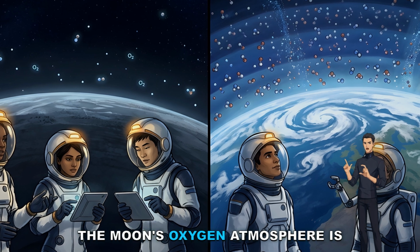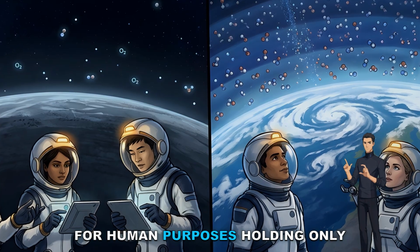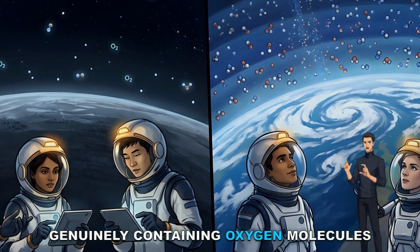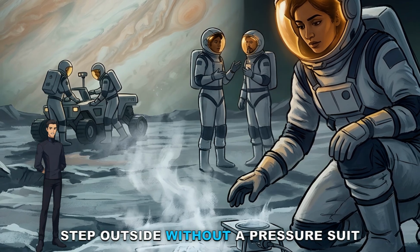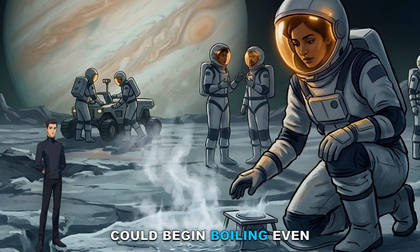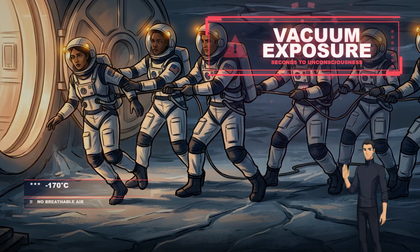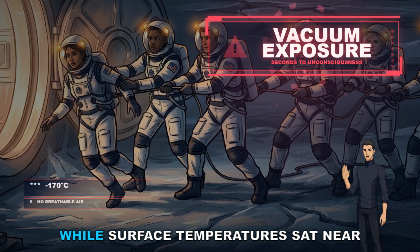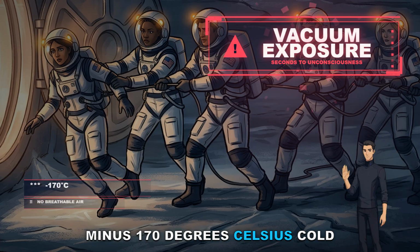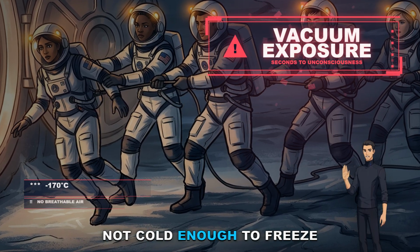The moon's oxygen atmosphere is so thin it counts as a vacuum for human purposes, holding only a sliver of Earth's pressure despite genuinely containing oxygen molecules. Step outside without a pressure suit, and body fluids exposed to that near vacuum could begin boiling even at normal body temperature. Consciousness would fade within seconds as oxygen left your blood, all while surface temperatures sat near minus 170 degrees Celsius. Cold enough to kill you, though contrary to what movies suggest, not cold enough to freeze you solid